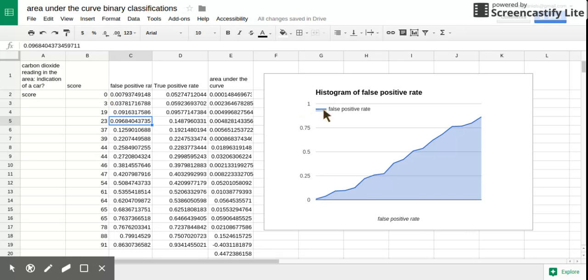And then I graphed the false positive. Now, what I should have done is figure out a way to make sure that when you roll over, you'll see what the score is. But it's not nearly as important as showing you that this is the rate of the false positives. Again, these are random numbers, so it's not meaningful data. But the idea would be, for example, if you were